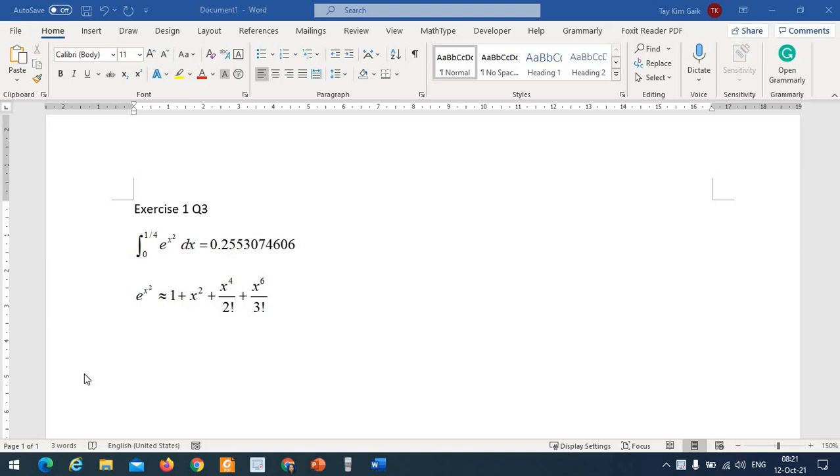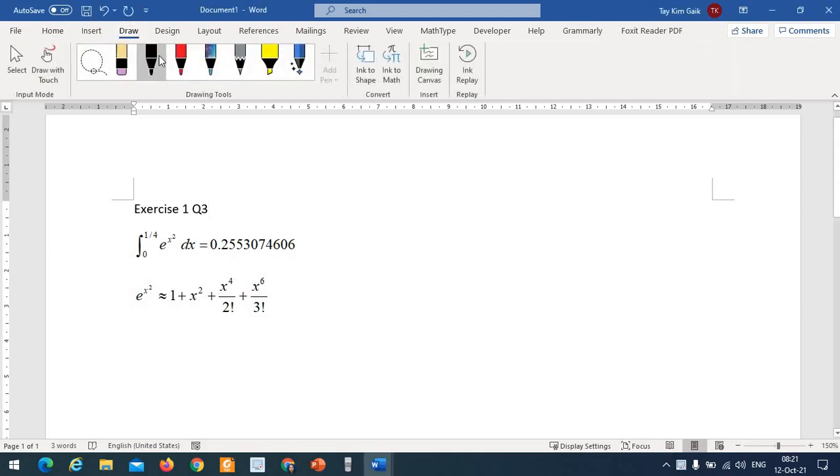This is exercise 1, question 3, similar to the slide actually. Given this one, so this one is the exact solution. Now they want you to replace the exponent x squared by this. They use the bottom because